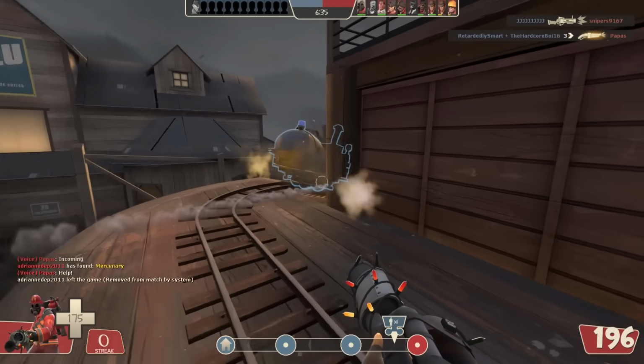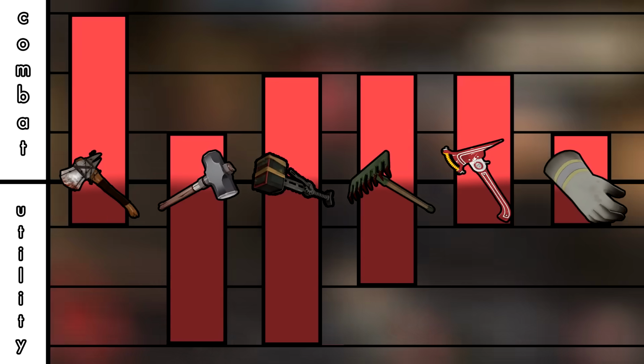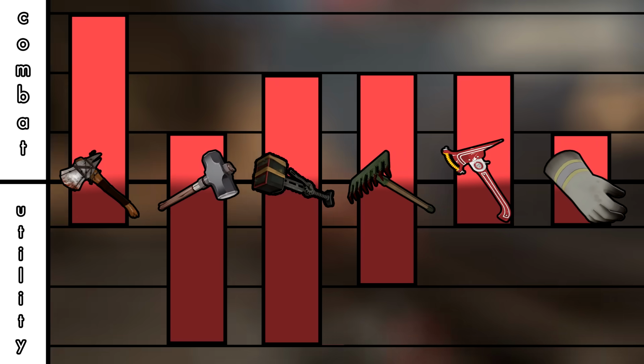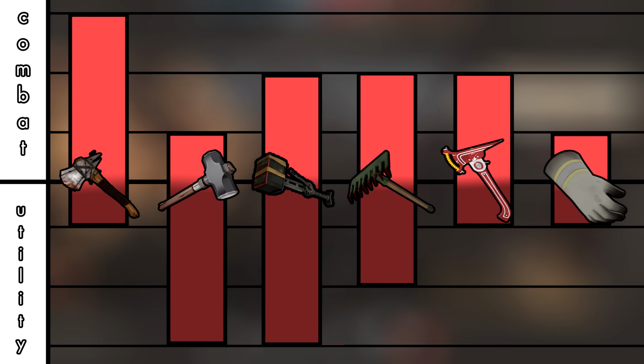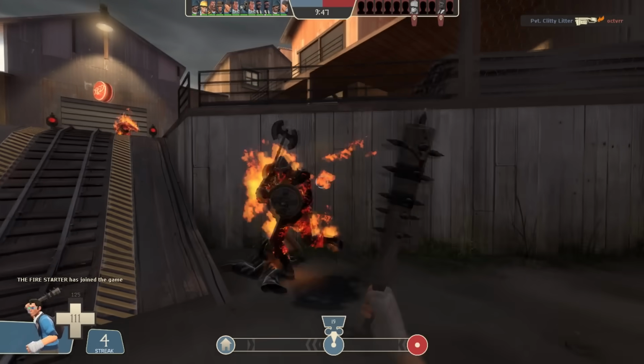Once you throw unlocks into the mix though, suddenly everything changes. This is because there's basically two kinds of melee weapons in this game. Ones that enhance your combat effectiveness, and ones that grant some kind of utility, or in the best cases, a little bit of both. For example, the Boston Basher is not only more effective than the bat in combat, assuming you don't miss your swing,